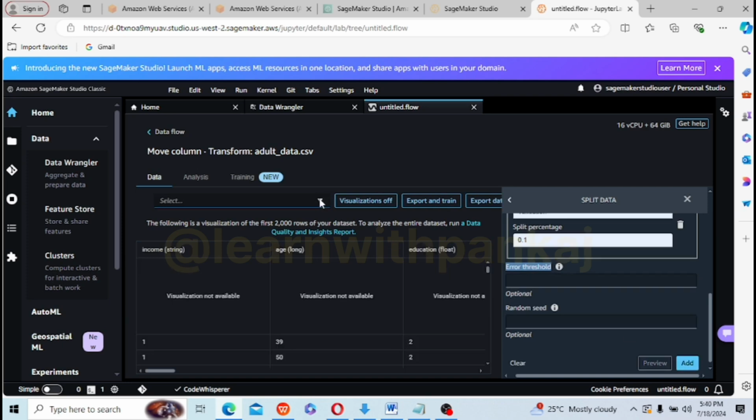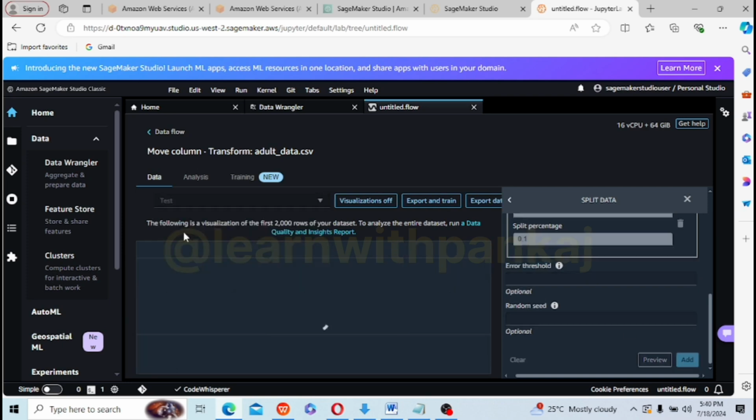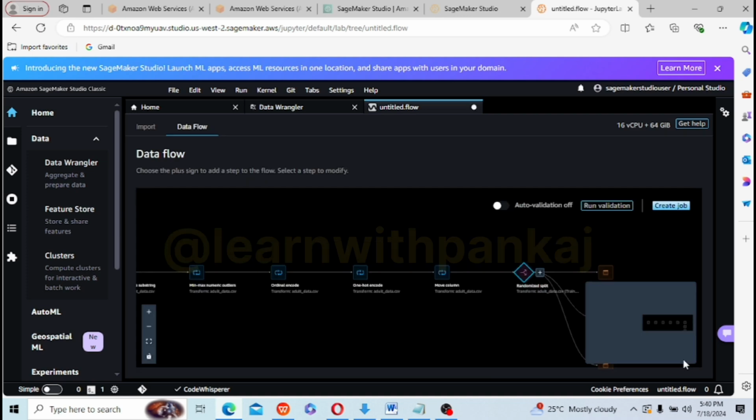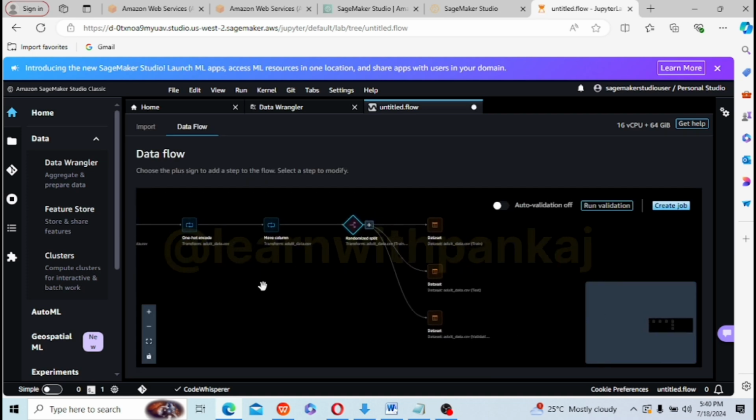Okay, so once the data is split, you can see what data is there in the train and what is there in the test and the validation. All this data you can see. Click on add. Now once you click on add, three different datasets are created. This is train, this is test, and this is validation. Now you have split the data.